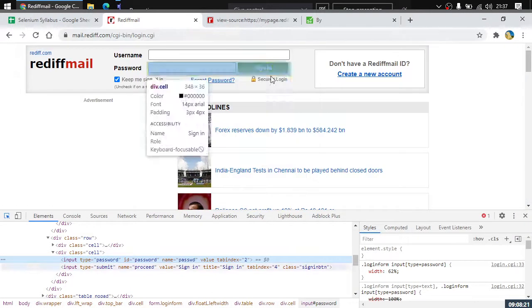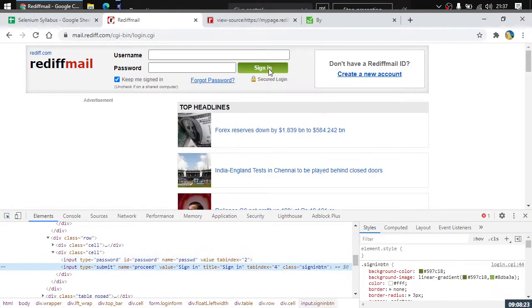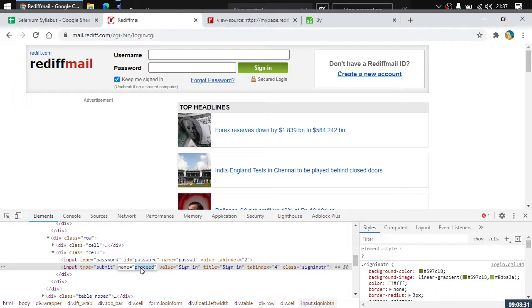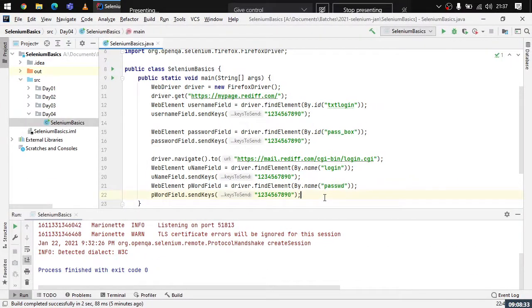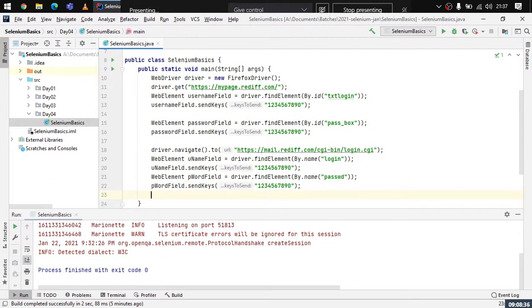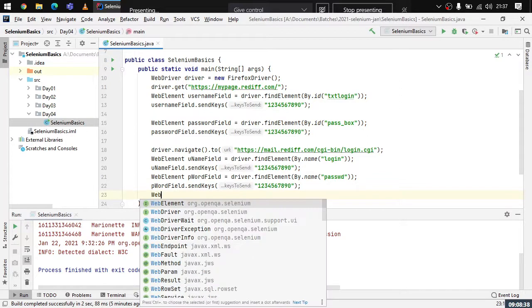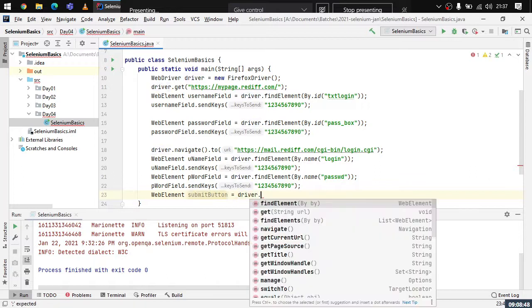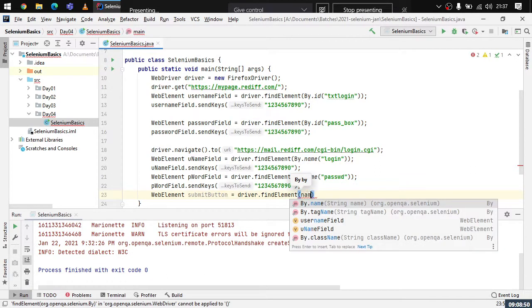What about the sign in button? If I see this, you can see that there is some other information specified as well. We have the name here. We don't have the ID, but at least we have the name. The name is proceed. Let us just try clicking on this now. So here, web element submit button equals driver dot find element by name.